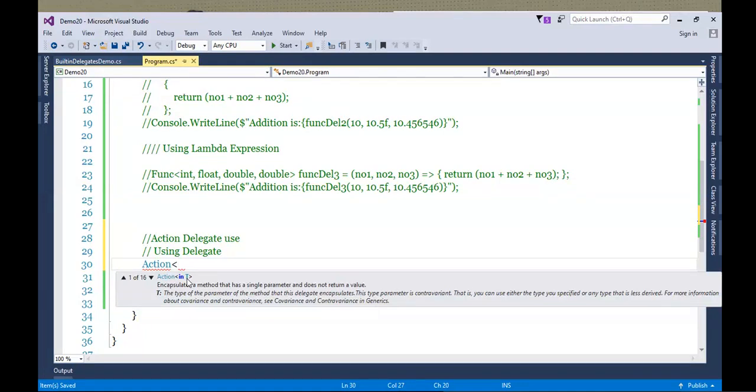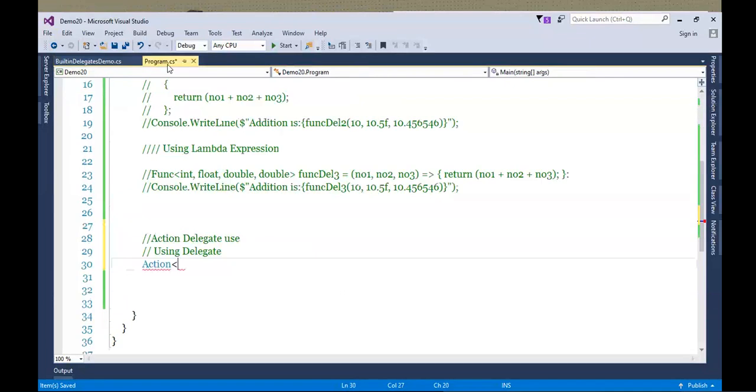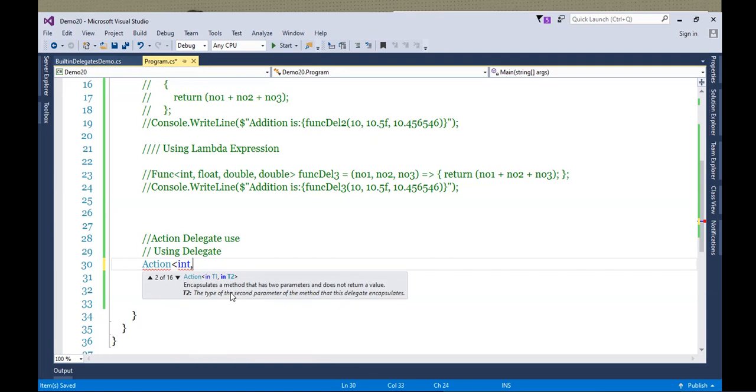Okay. Now, if I think about my multiplication method, how many arguments is multiplication taking? Same, 3 arguments. So let's specify it. My first input argument is integer, second input argument is float, and third input argument is double.